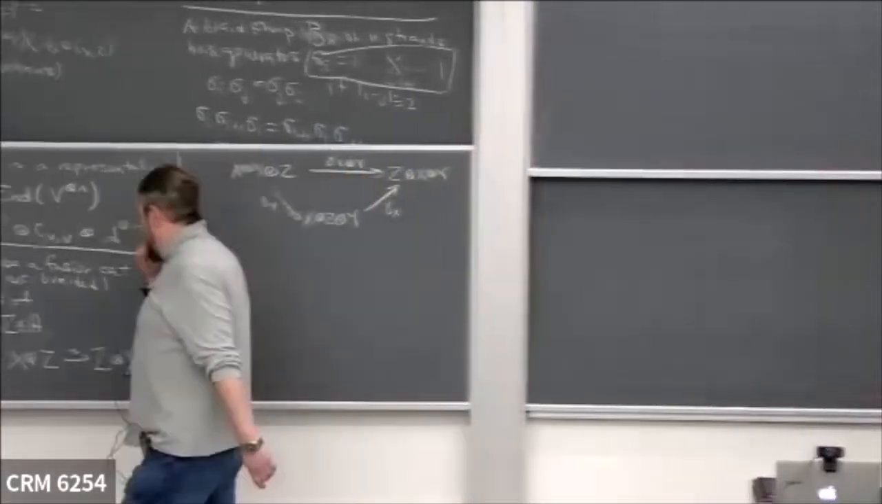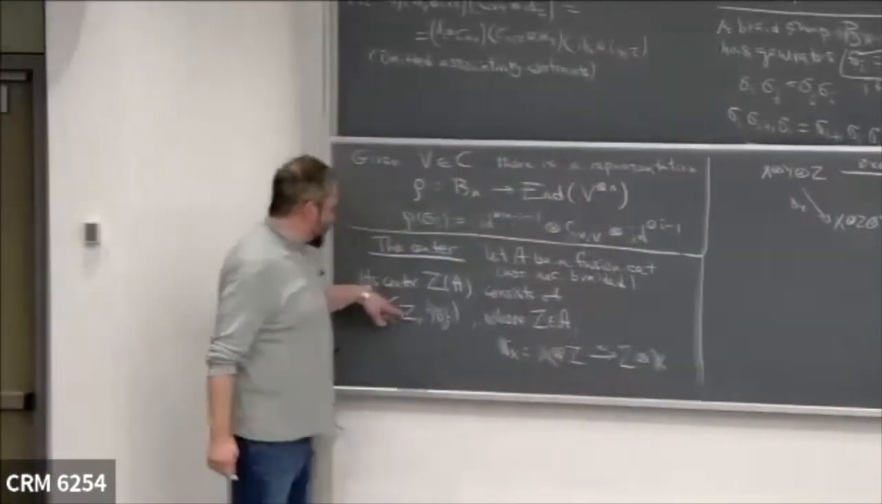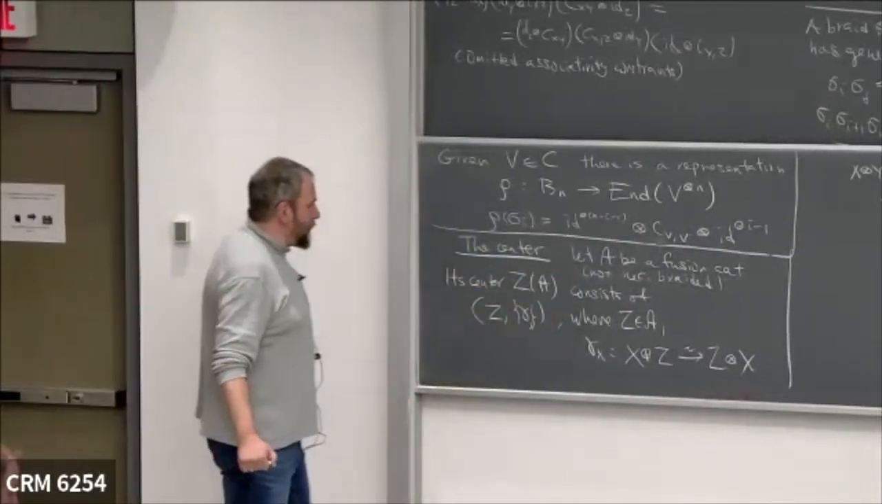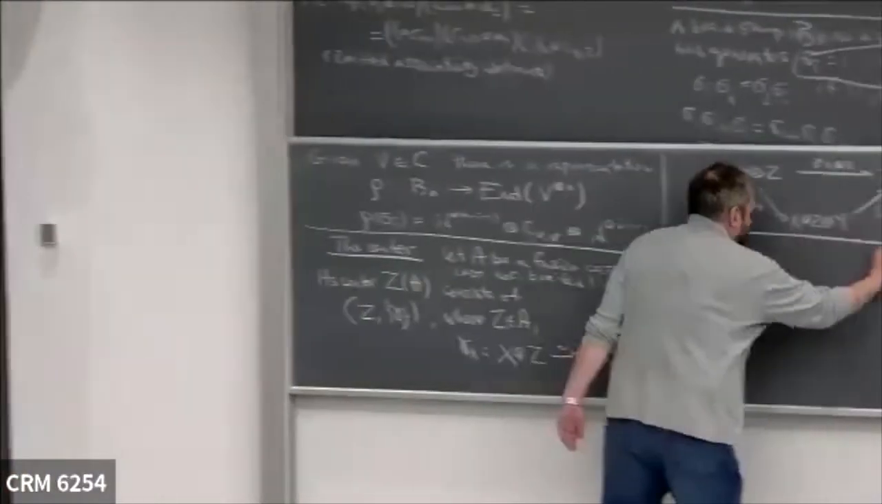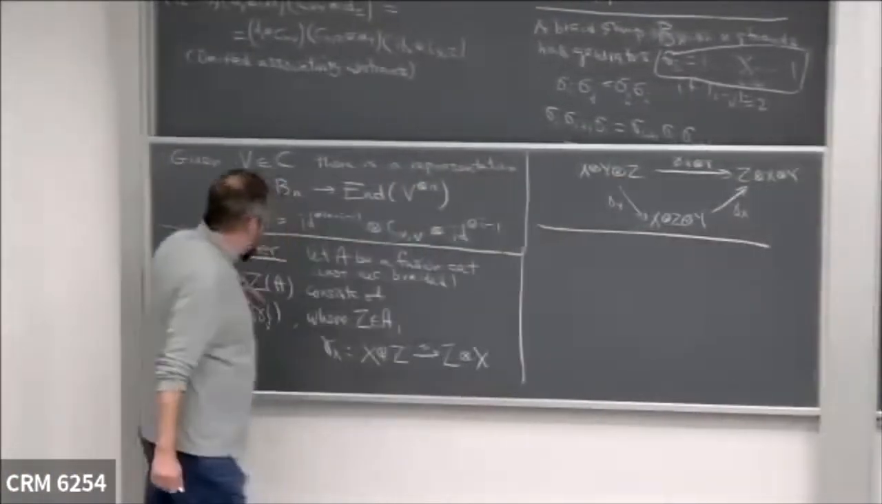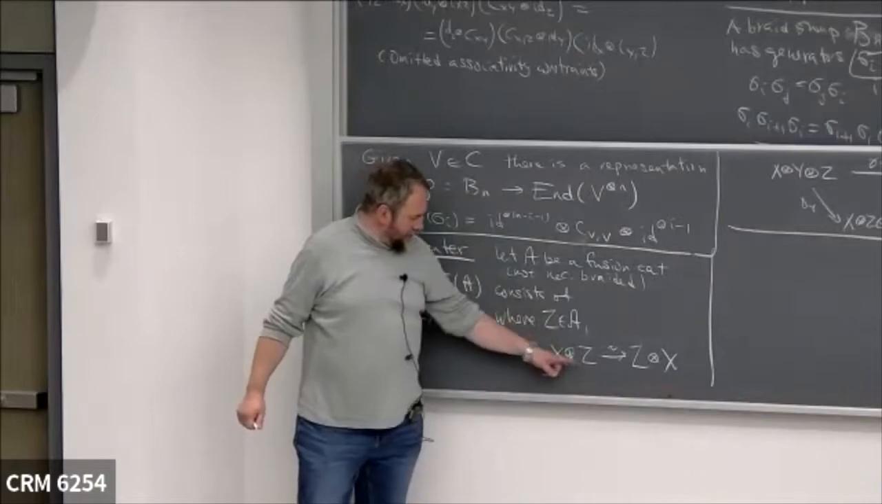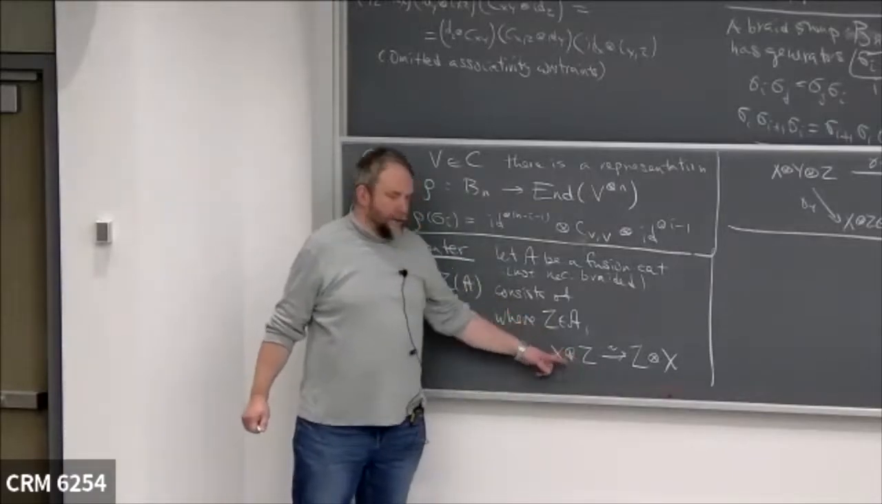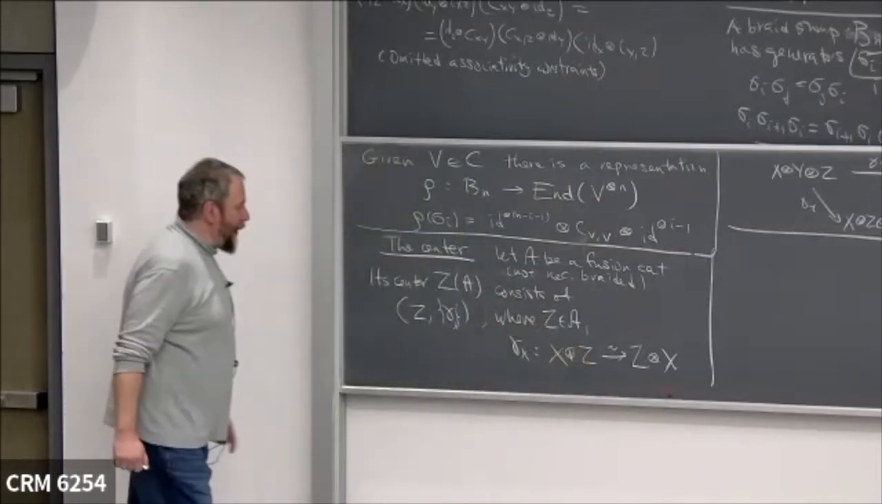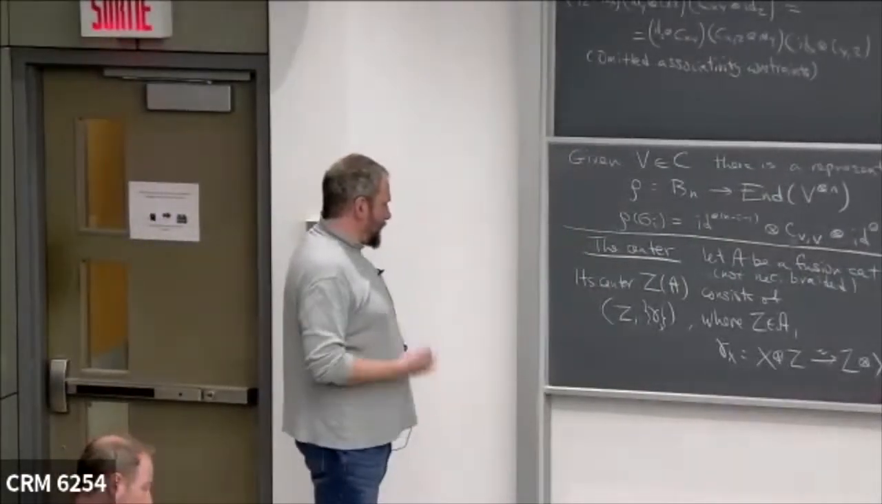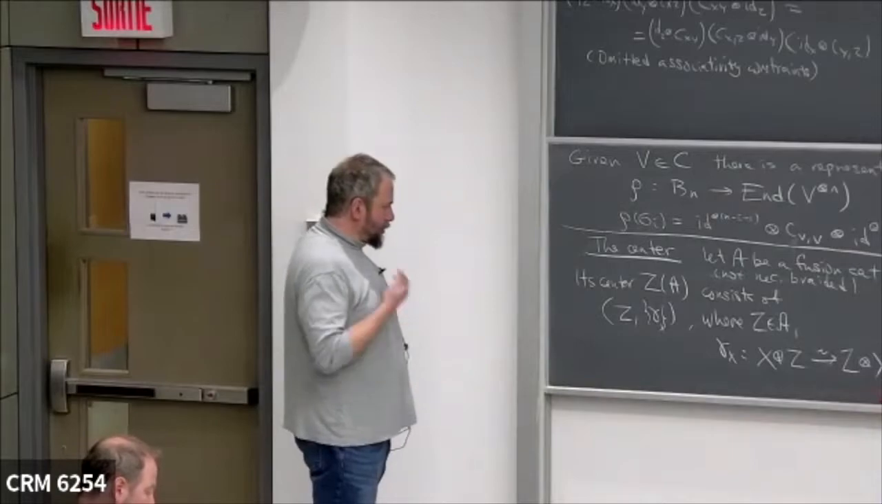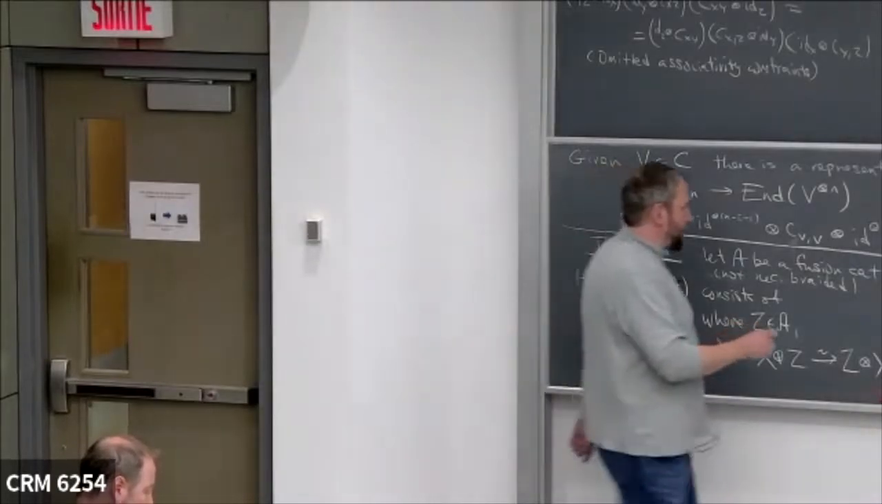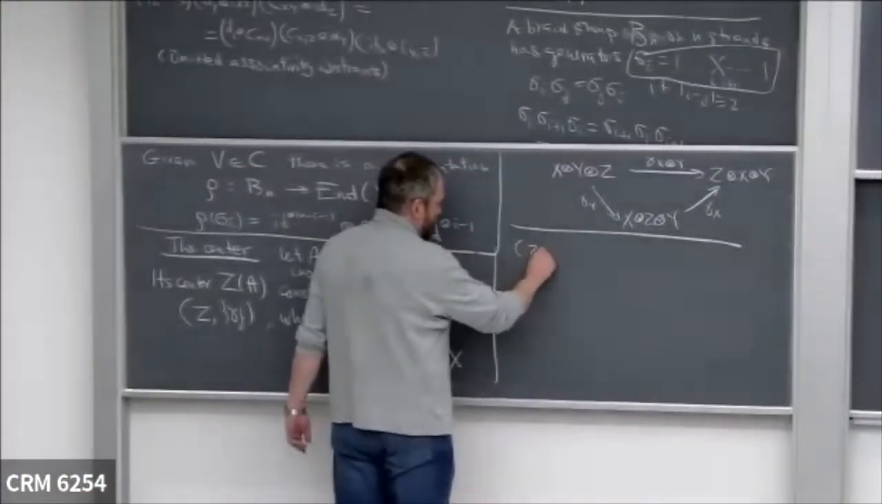Okay, so again, objects in the center are objects of A along with this consistent family of permutations. Again, the name center should be self-explanatory. This certainly looks similar to the notion of the center of an algebra already. Now, the important thing is that what we get is actually a braided category because here we have, let's